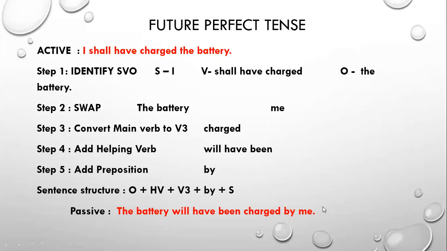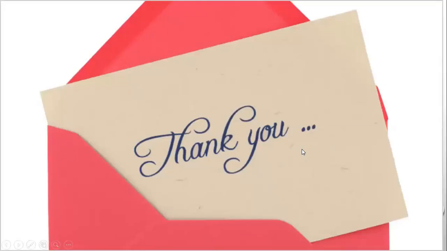So this was all about the 8 rules of active passive voice. There are only 8 tenses which we can convert into passive voice. The remaining 4 tenses we cannot convert. Okay, so I hope this is clear to you. Rather, it was just a revision of the topic as you have done it many a time. I hope this is clear to you.